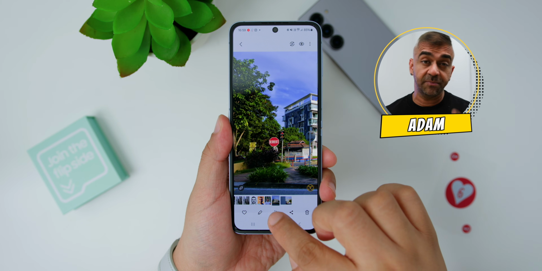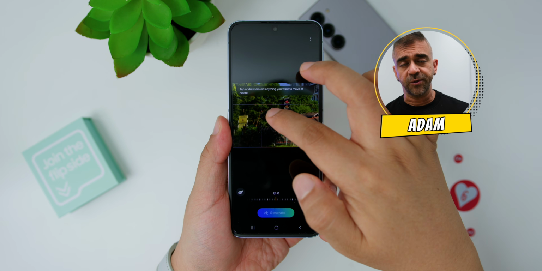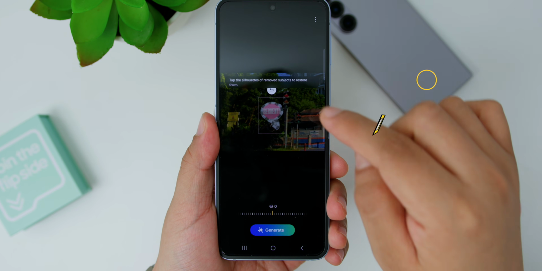And this also works if I want to remove an object in my photos. For example, if I want to remove this Berhenti sign in this photo, I can do the same by selecting it, hit erase and it's gone. But wait till you see the instant slow-mo that I'm going to show you later on.